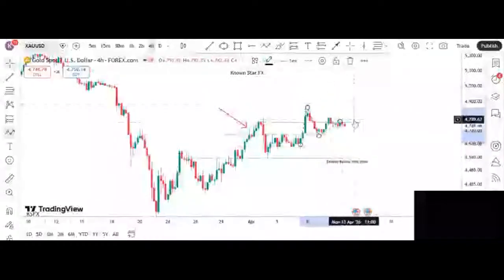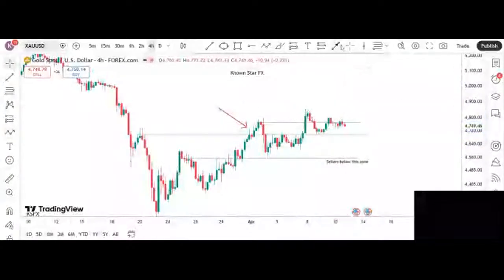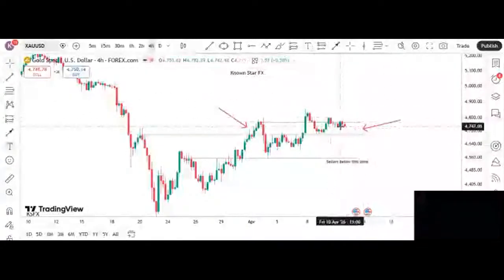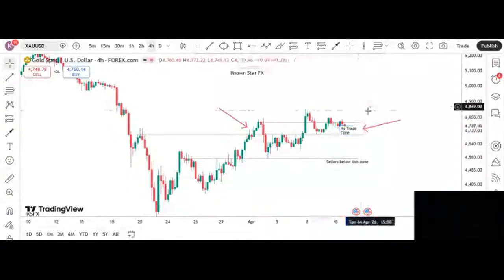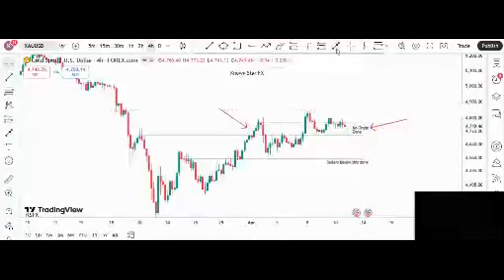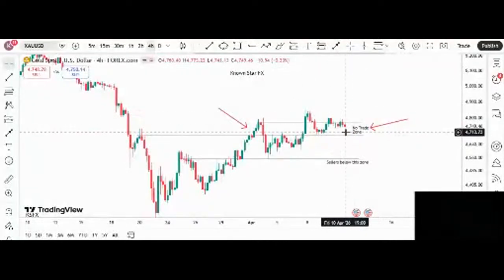But now I can tell you that anything that happens within this zone, we are not concerned. We are not concerned with anything that happens in this zone. Do you understand what I'm saying? This is a no trade zone. This is a no trade zone. Do you get this concept? This is a no trade zone, bro. This is a no trade zone. We're not looking to execute any order from this